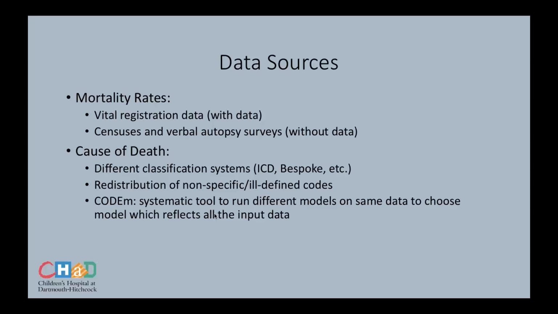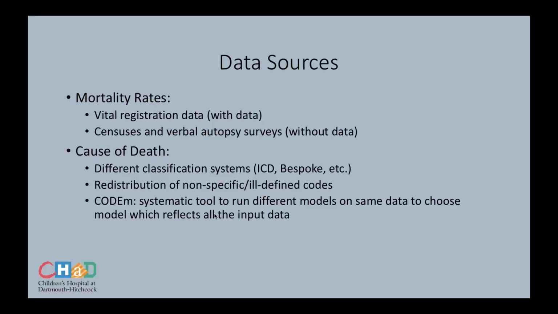The mortality rates specifically, if you're looking at mortality data, it mostly comes from vital registration data whenever there is data available. Whenever you're in a country or region when there is no data available, this really relies on census data and then verbal autopsy surveys to account for trying to predict what the mortality rates are in that region. And then when looking at the cause of death, so really trying to identify causes of death in a certain area, these again rely mostly on ICD-9 codes or other classification systems